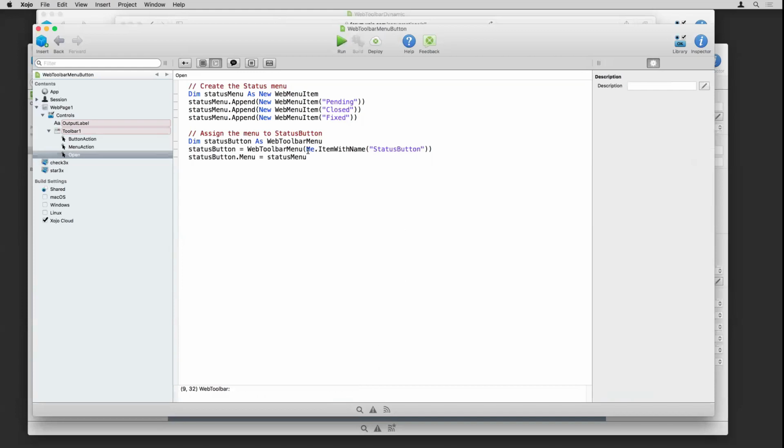So we need to cast it to be a web toolbar menu so that we can access the menu property. So that's what this line of code is doing here. And then all that does is attach the menu. So now when we run the project here,